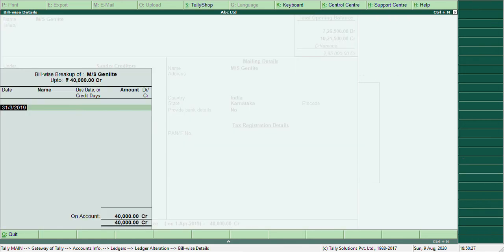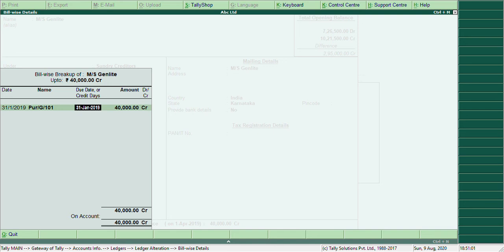It will ask for the bill-wise details. You can give the details of a bill. Here the bill date is 31st January 2019, and the bill name is PUR, that is purchases short form, G for Genlight, and bill number 101.